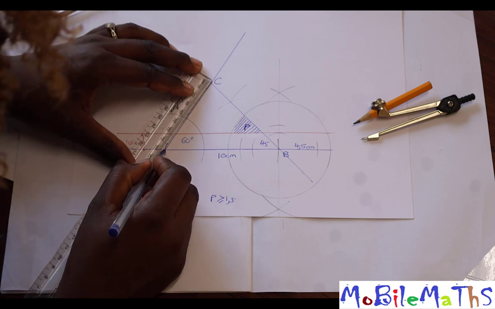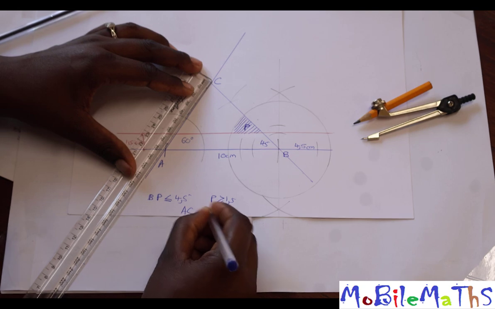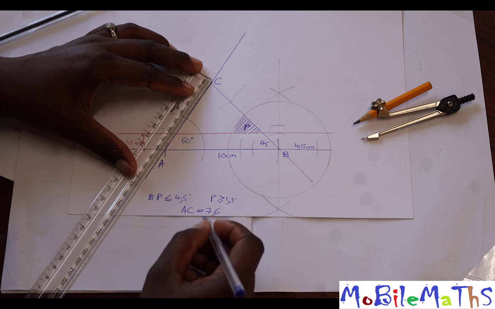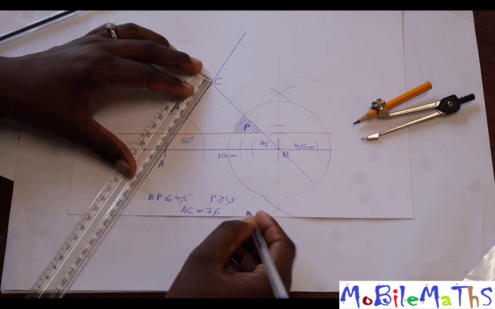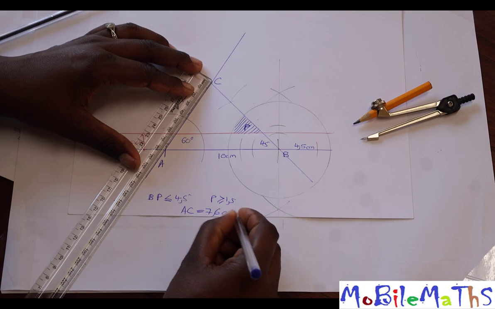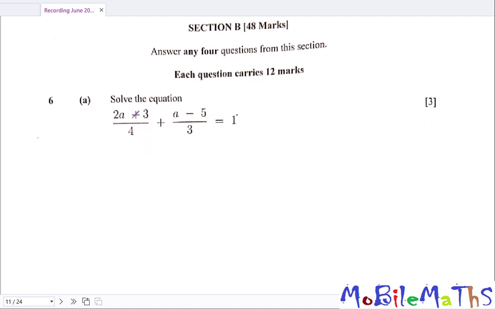7.6. I'm getting 7.6. So AC, if you do it correctly, is 7.6. It will have a region, like in our case, it can be from 7.5 to 7.8. But I'm getting 7.6 centimeters. Okay, now on section B, number 6, for this one, what we do, we first of all find,